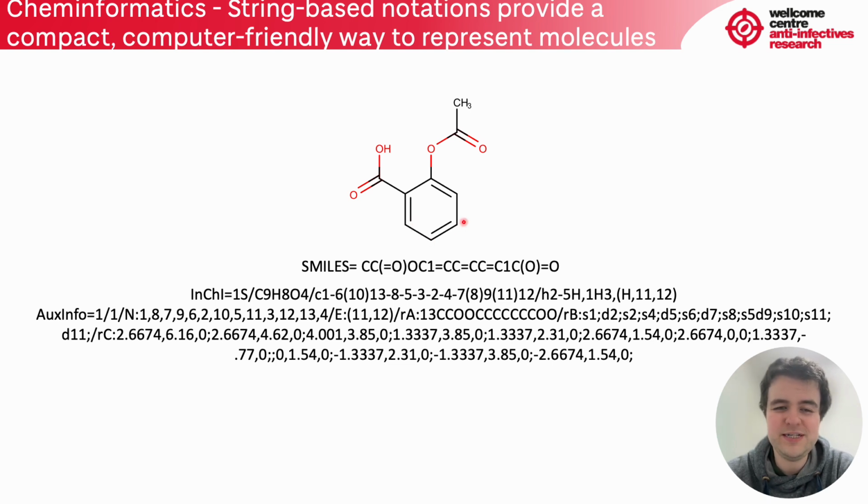However, it is much easier to instead rely upon string-based line notations to be able to store our chemical structures. And 2 key representations, line notations that are often used, are SMILES and InChI. So SMILES, as mentioned before, is a spanning tree. It is a traversal over the chemical graph. So this is where we start at an atom and we traverse the graph. And often when we're storing SMILES, we can store many hundreds of thousands of SMILES because they are just simply string-based